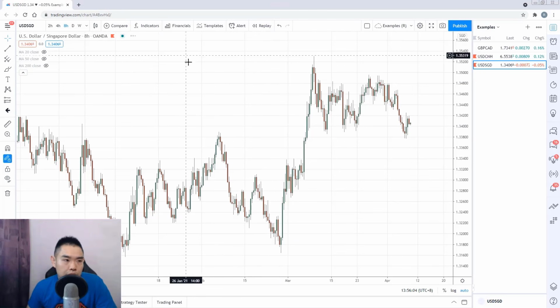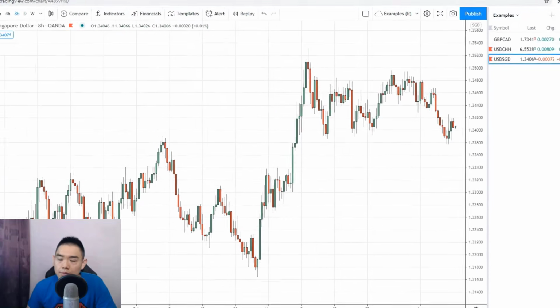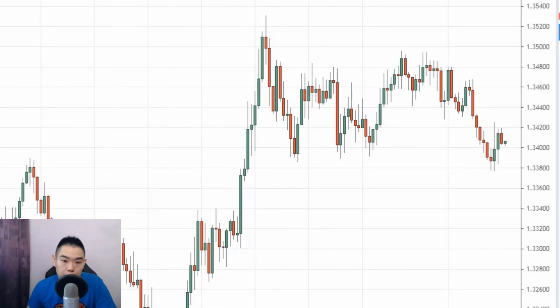So let's say you look at USD against the Singapore dollars. You can look at this. The market right now looks a little bit bullish. This area of support, and it's starting to hit higher. But of course, as you know, the market could possibly reverse down and break lower. So to protect your downside, what you can do is to set a stop loss order. This is the area of support, and what I would say a proper stop loss order could possibly be at